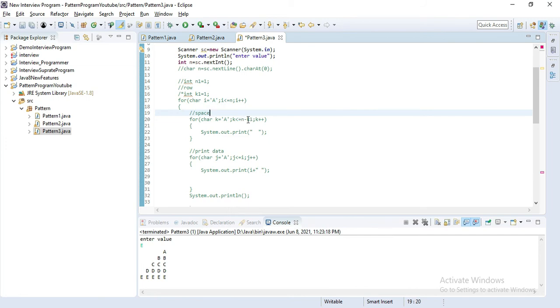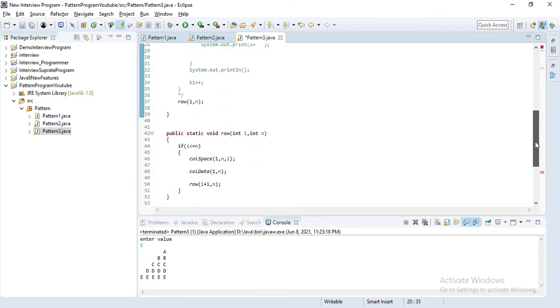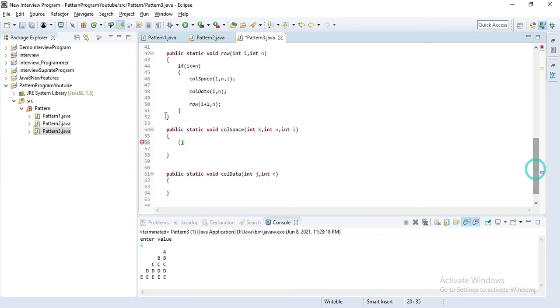You don't need to define this k1. I'll show you what we need to define: k less than equal to n minus i. If this condition is satisfied,